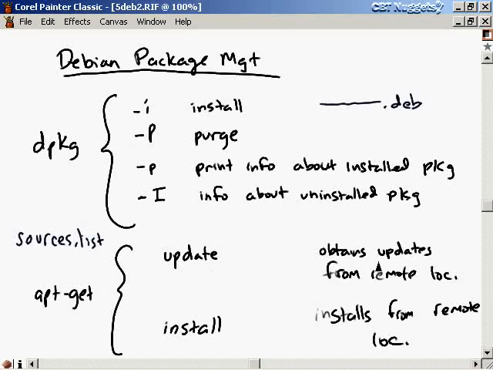And this will just go out to one of these locations in sources.list and update your Apache web server automatically. Okay, it'll just go download files, download whatever it needs to get that software updated. Same goes for install. If I say apt-get install Apache, it's going to look through all the locations in sources.list, and it's going to go out to all those places and find the latest version of Apache and download that